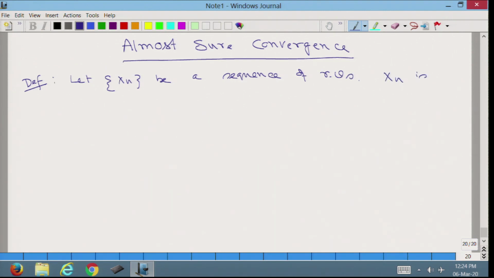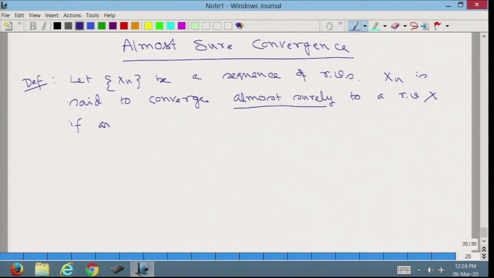X_n is said to converge almost surely to a random variable X if and only if the probability of the set of omega such that X_n(omega) converges to X(omega) is equal to 1, and this is written as